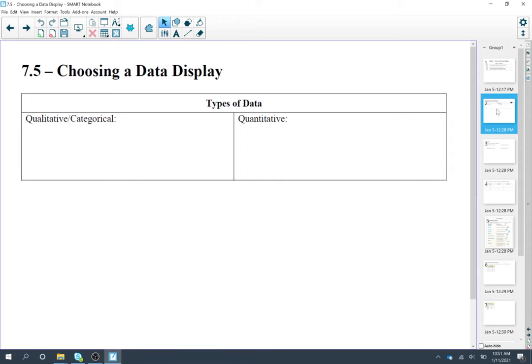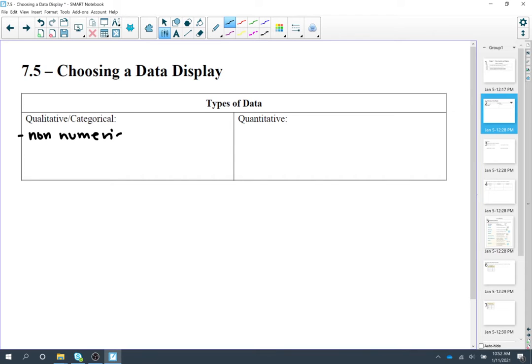7.5, choosing a data display. So before we go over choosing a data display, first of all, we have to look at the different types of data that we might be looking at. So the first type is called qualitative or categorical data. So categorical data is